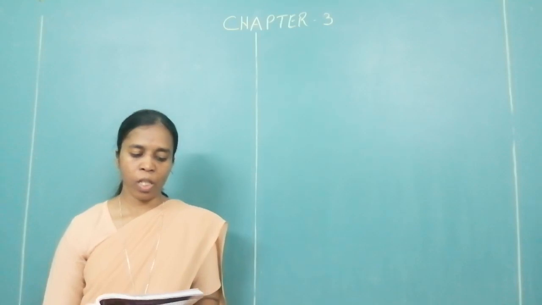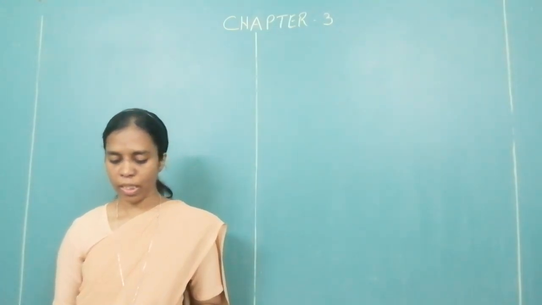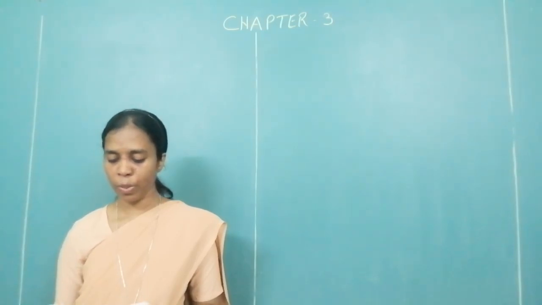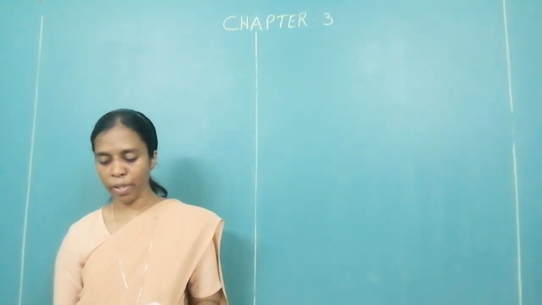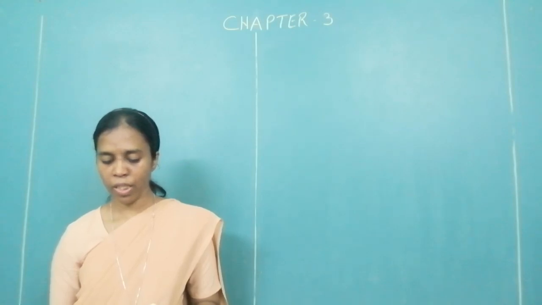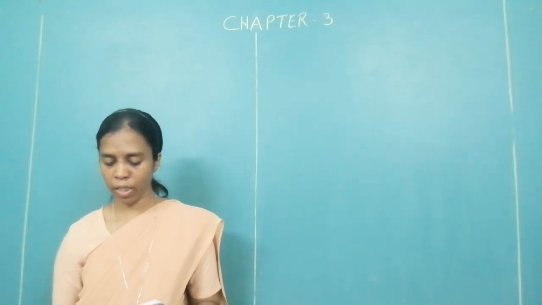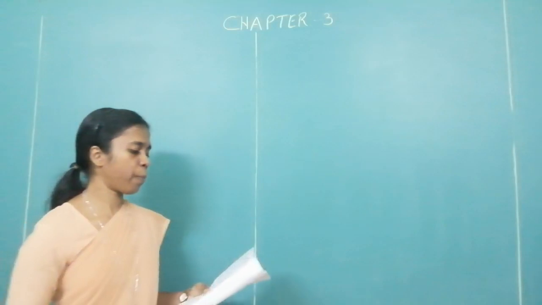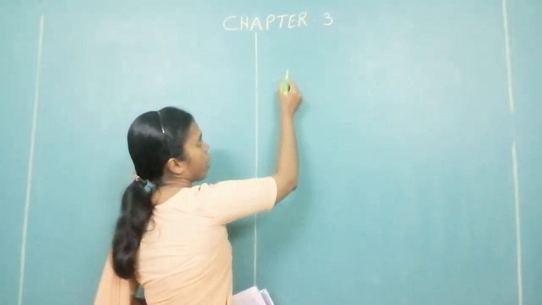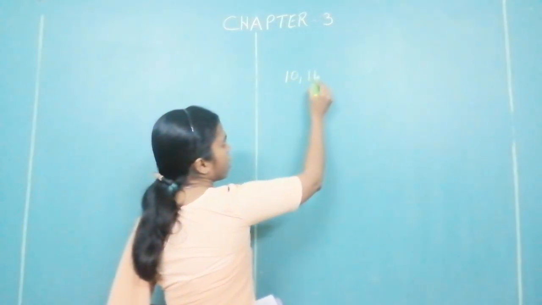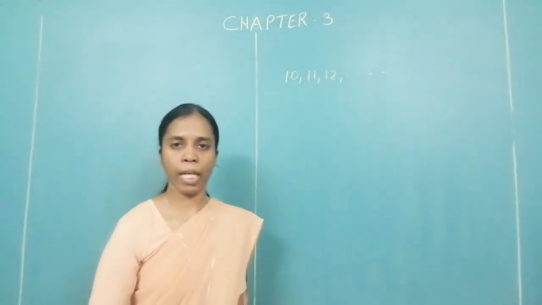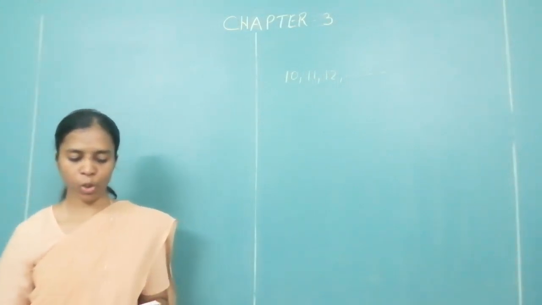First question. On 1st Jan 2016, Sanika decides to save rupees 10, rupees 11 on second day, rupees 12 on third day. If she decides to save like this, then on 31st December 2016, what would be her total saving? So what is the AP over here? You have to write over there, AP is 10, 11, 12 and so on. This is the given AP. Now what is asked to you?